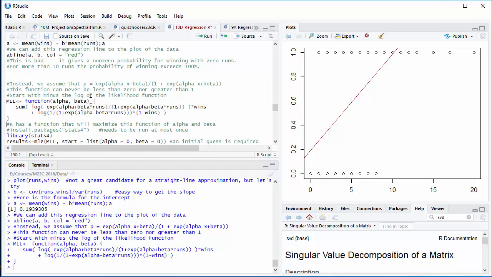What I've got here is a function derived in the notes that computes minus the log of the probability that, if I use parameters alpha and beta for my logistic regression estimate of the probability, a function that always has a value between 0 and 1, this is the logarithm of the probability that I would generate all the observations. And the general strategy here is known as maximum likelihood